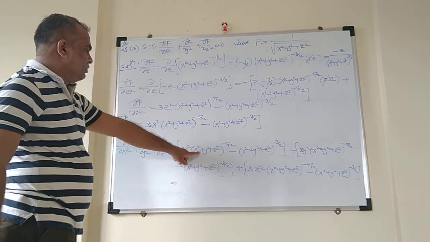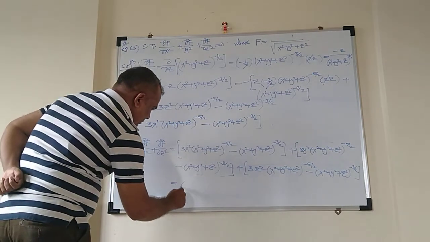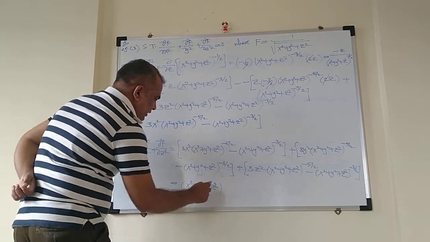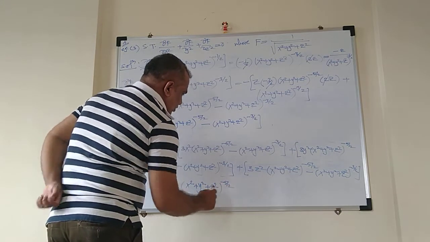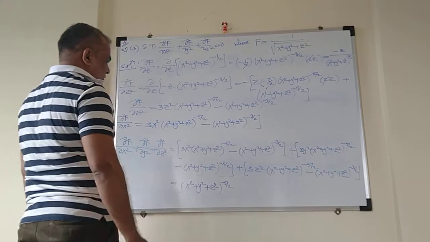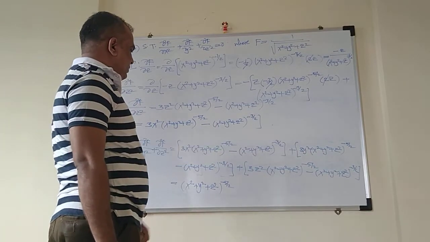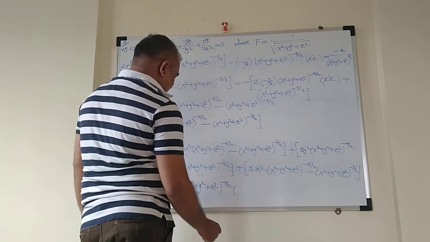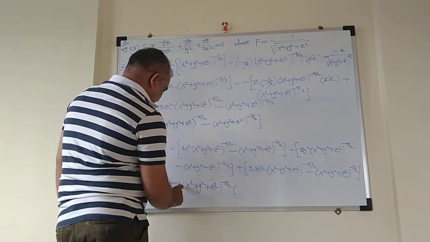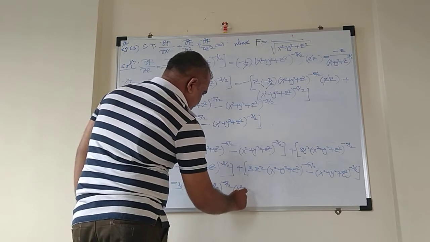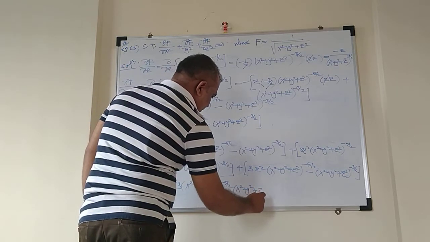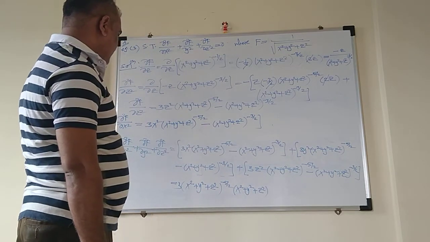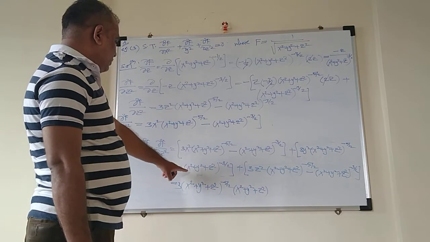So let me take out the common from the first term. So this will be equals to (x square plus y square plus z square) raised to power minus 5 by 2, common from all the first terms of the square brackets, and the remaining 3 times (x square plus y square plus z square), I can take out 3 outside and I can write x square plus y square plus z square, isn't it, raised to power 1 only, fine.